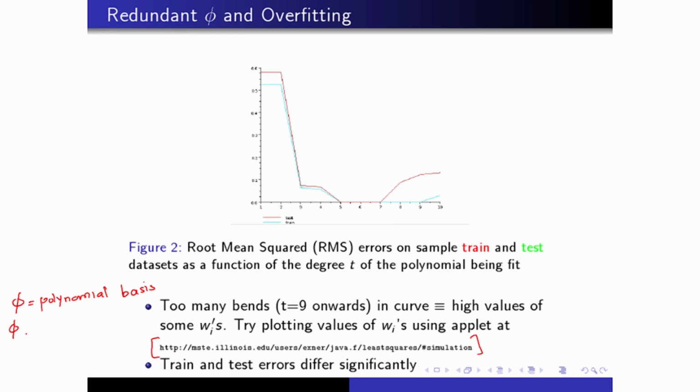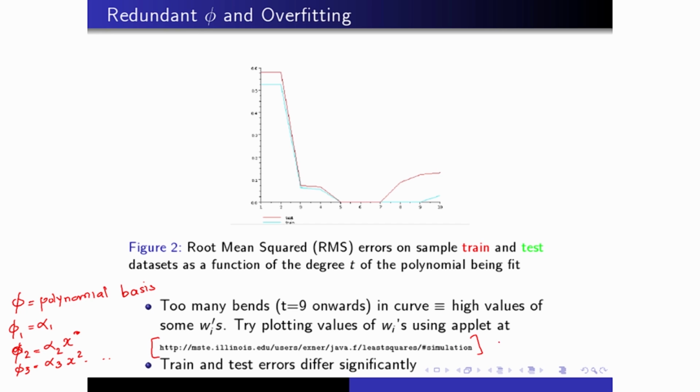It means that phi 1 equals alpha 1, phi 2 equals alpha 2 x, phi 3 could be alpha 3 x square, and so on. So you may take an arbitrary number of such phi's up to phi t,